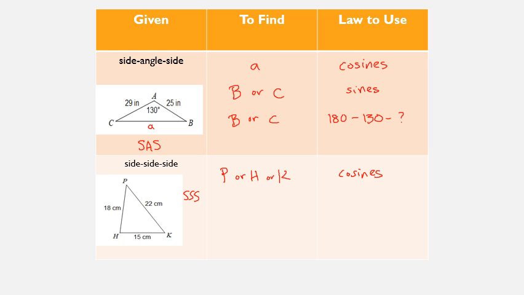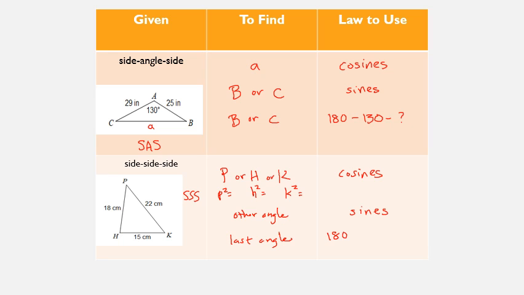Just remember, if you're solving for p, you're going to make it start with p squared equals. If you're solving for h, you're going to make it little h squared equals. If you're trying to solve for k, you set it up little k squared equals, right? So law of cosines. And then after you've done that, you've got one angle. Once you have one angle, you can switch to law of sines. So you can solve for another angle with the law of sines. And then finally, you can solve for the last angle